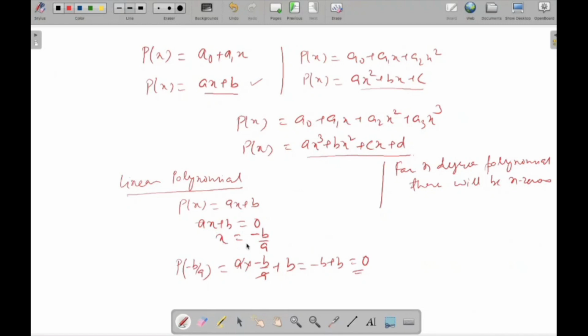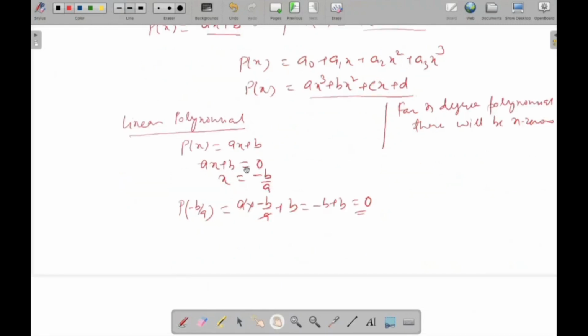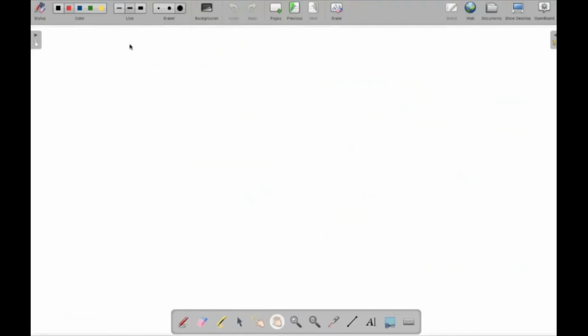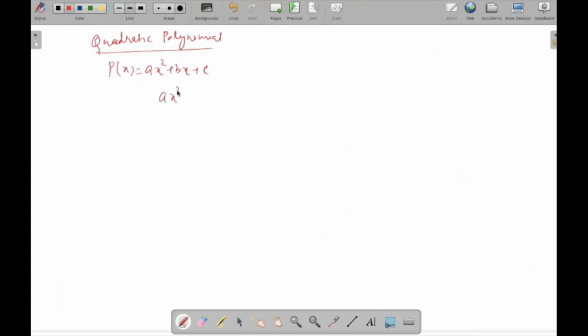minus b by a. For quadratic, let's talk about the quadratic also. And this is where we will be spending most of our time. So quadratic polynomial will be of the form ax square plus bx plus c. It will be like this. So when you want to get the values of the zeros, you'll have to equate it to 0,